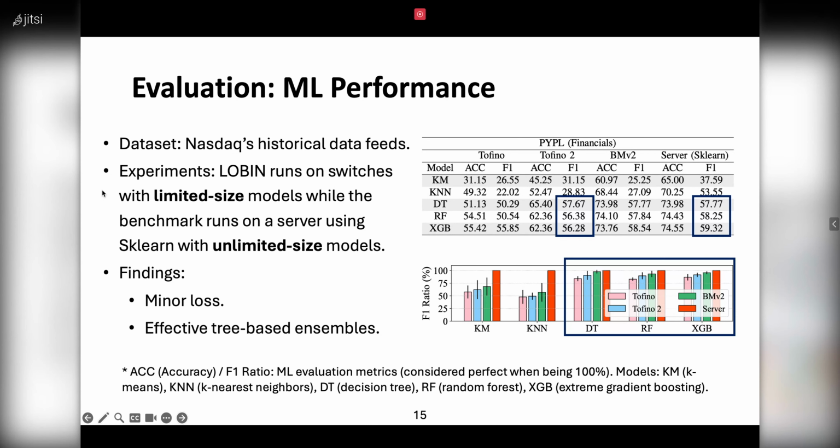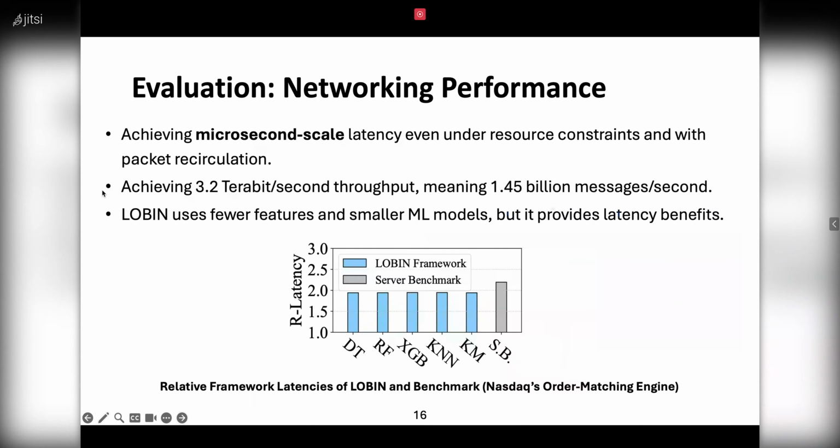in our evaluation. We also want to test networking performance. We already know that in machine learning performance our solution has little difference compared to the server, but we want to know what networking benefits our solution can bring compared to the servers. The results are very promising.